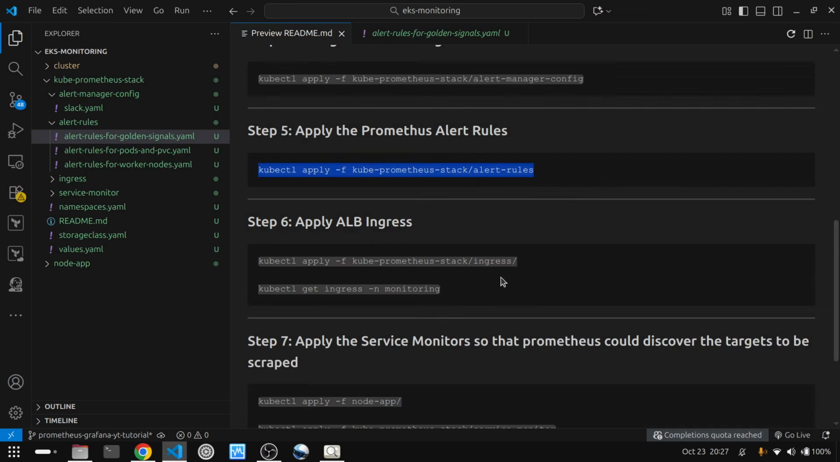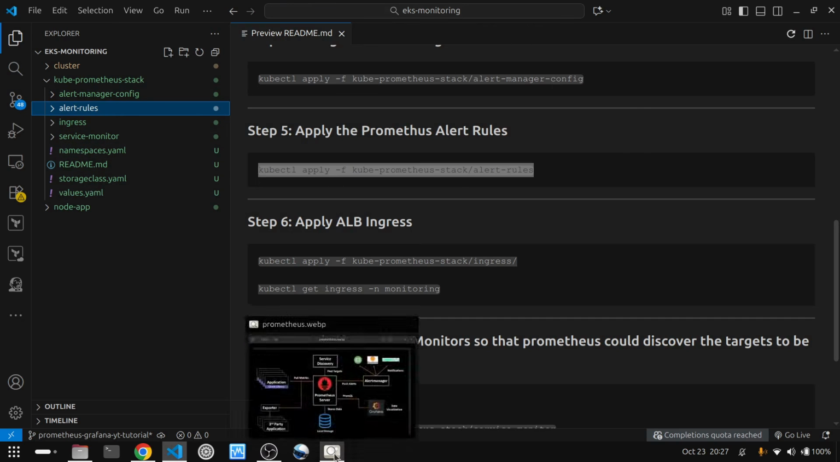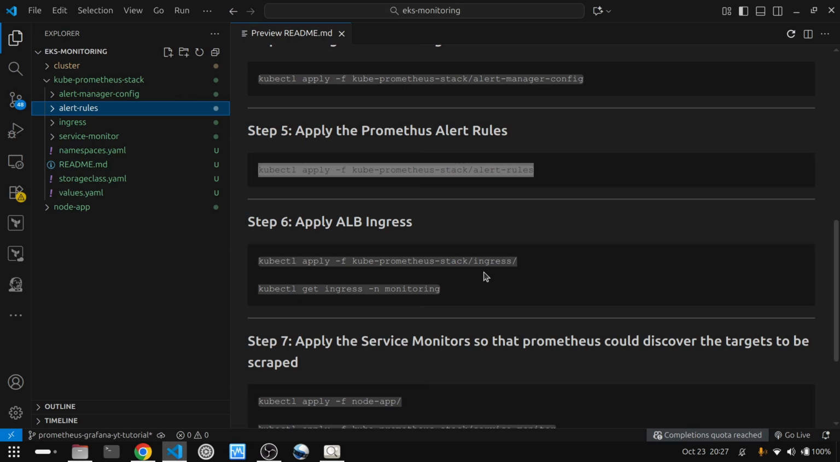So let's minimize this. The next step is let me bring the image back. So we are done with this part, this part, and this part, and what else is remaining? So let me bring this back. Let's try to access Prometheus and Grafana